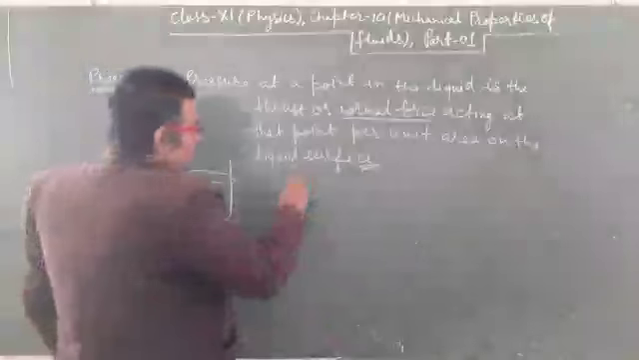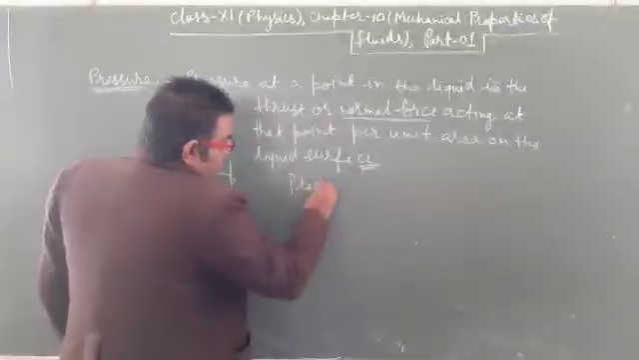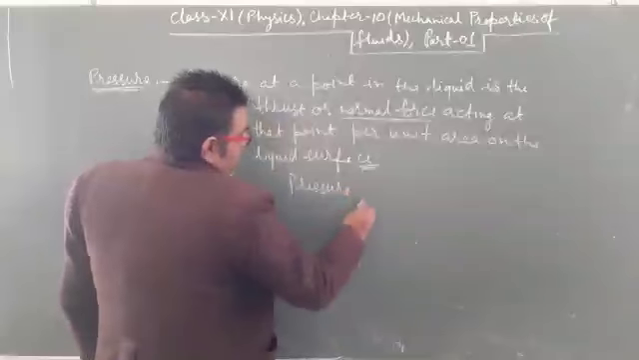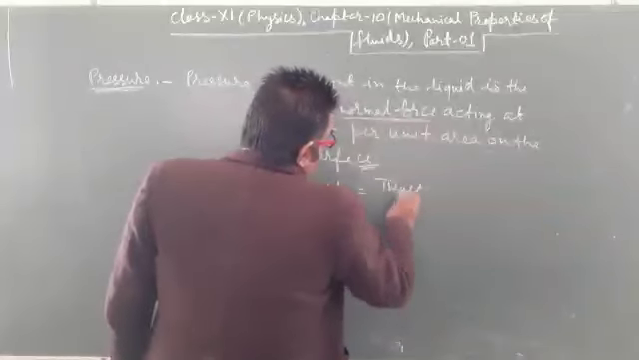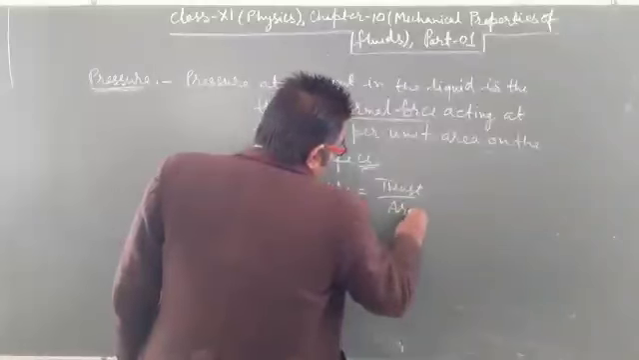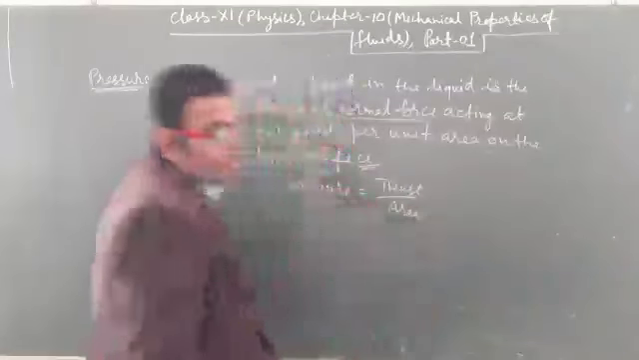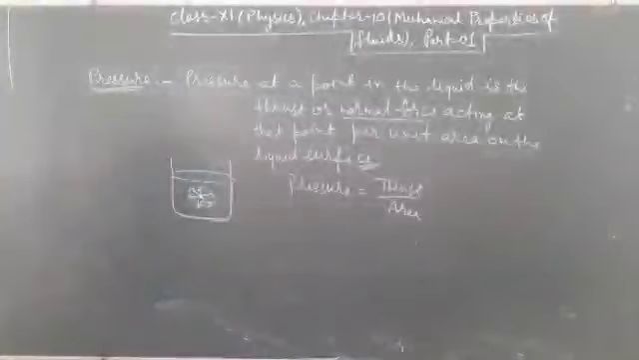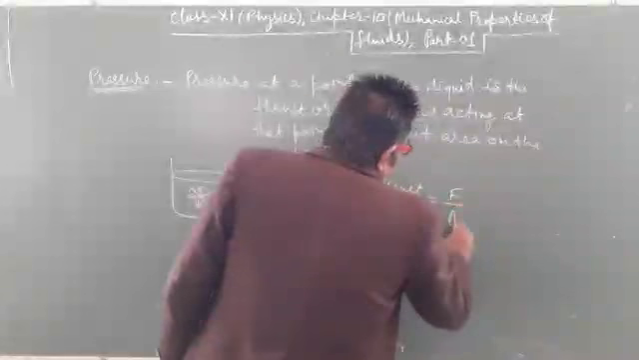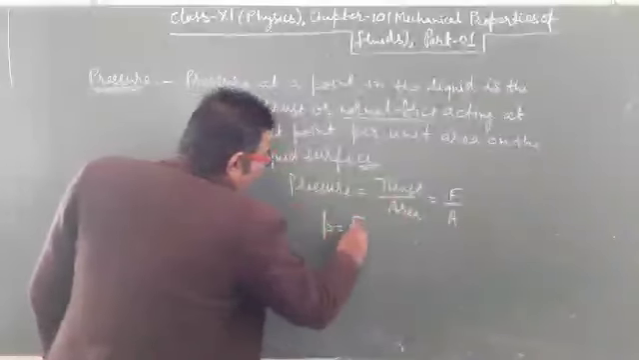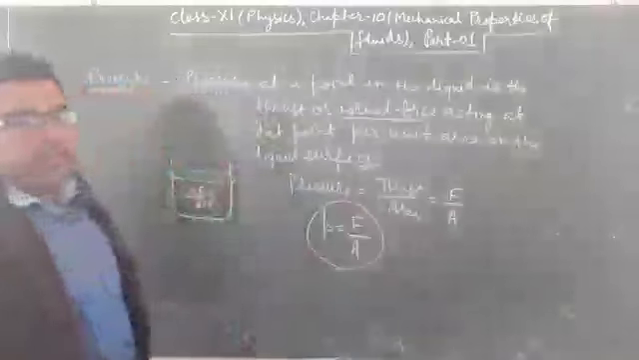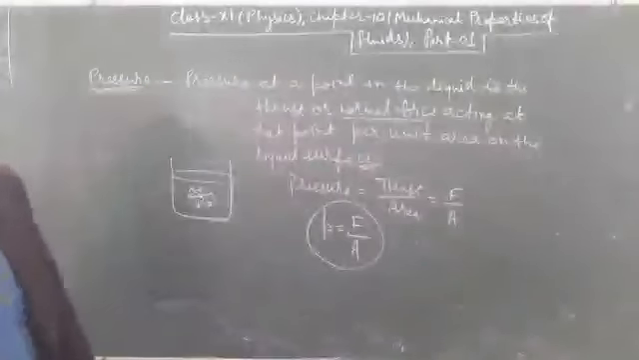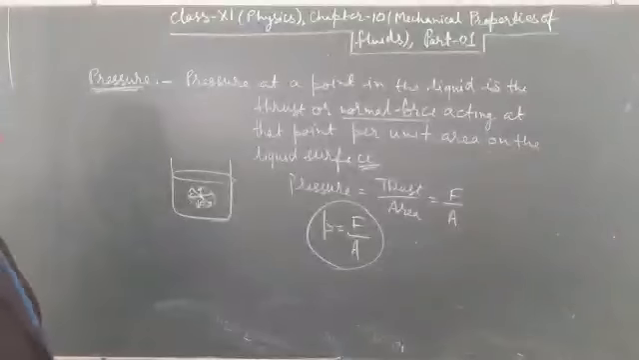Normal force is thrust. So pressure can be defined as thrust upon area, or P is equal to F upon A. F is the normal force. Its unit is